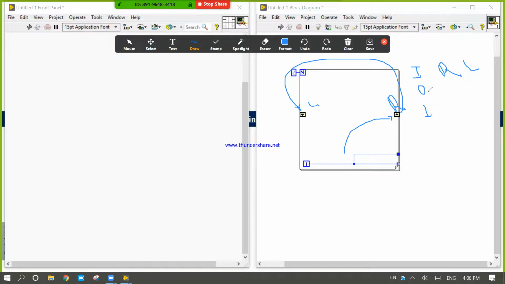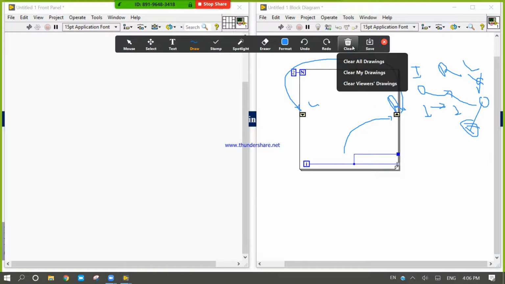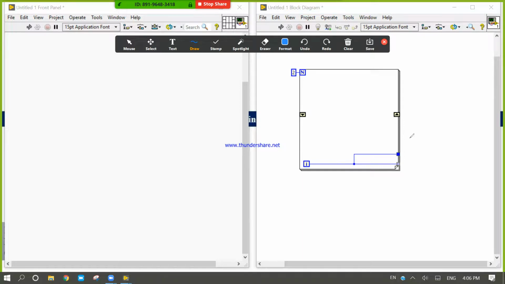When you run, then shift register right will read this data. At that time it is nothing. When it is the first iteration, and then the second iteration, this will transfer to this one. It will be 0 and it will be 1. So in the second case, we can read this 0 by using shift register. We can send our current data to the next iteration, or we can call previous iteration data into the current iteration. Let's see how.